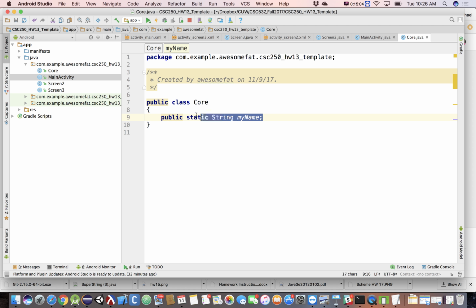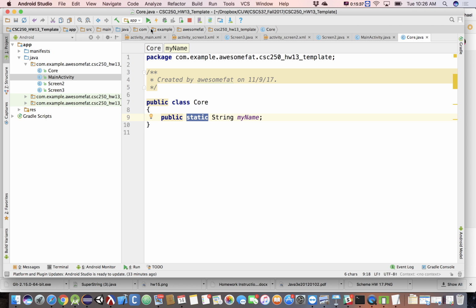All right, is this a class field or an instance field? Class field, how do you know? Static, good. Okay, so this is where we're defining this guy, and he is a field named myname of type string, and we've made him static, which means that he is a class field. Now, when something is a class field, how do we call it? Using the name of the class in which the field was defined. If it was a class method, we call it using the name of the class in which the method was defined. So in this case, we'll reference this guy as